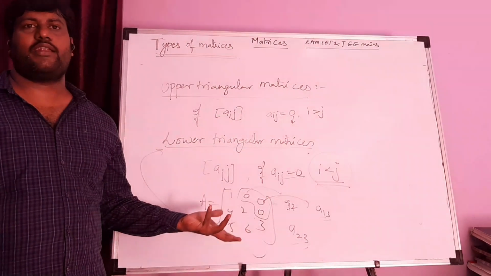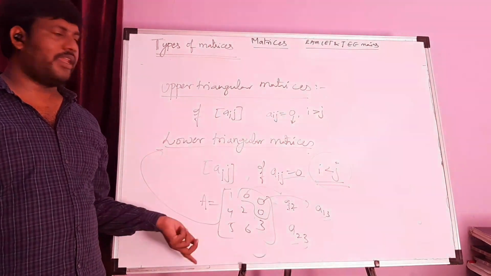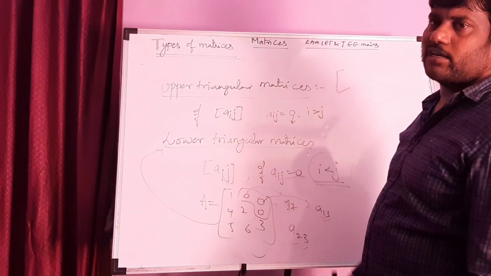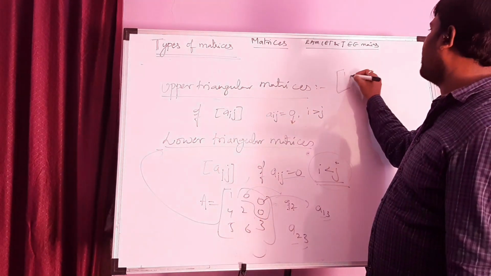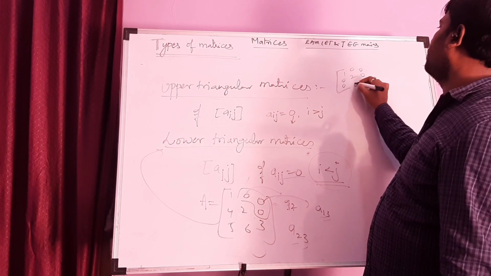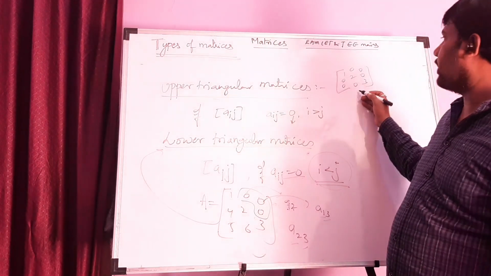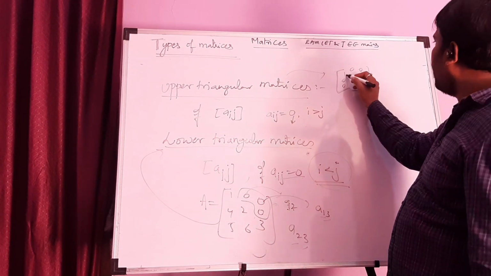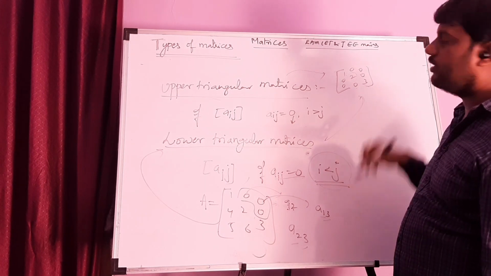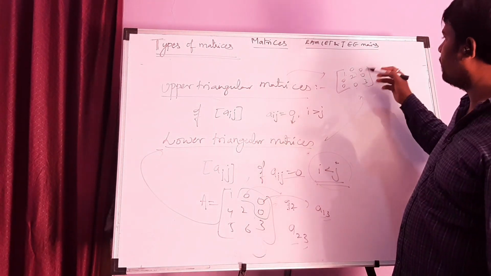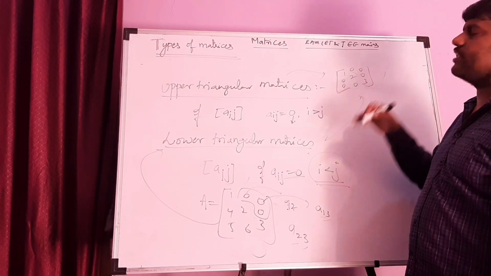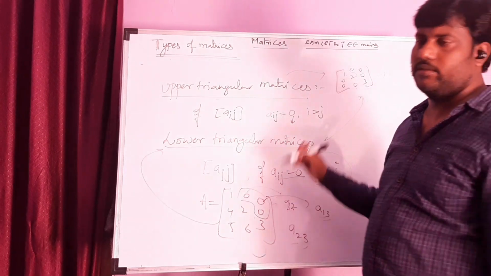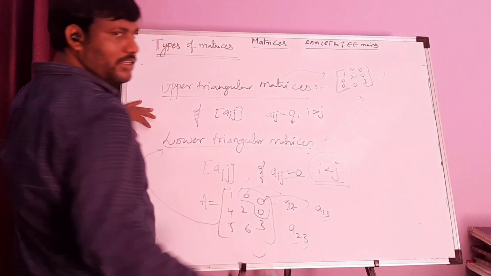These two combined we can say triangular matrices. In triangular matrices, the matrix which has both upper and lower is again a diagonal matrix. Suppose the example 1, 2, 3 we have here, and the rest 0. So this is upper triangular as well as lower triangular, because below the principal elements are zeros, which is upper triangular, and above the principal elements are also 0, which is lower triangular. So any matrix having both upper and lower triangular, those matrices we also call a diagonal matrix. Already we saw this in the previous class, again we can define it from here also. Okay students, this is a very important concept, right?